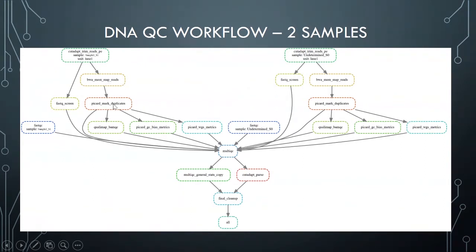And then from there, I'm doing some duplicate marking using Picard. And then once I've got the duplicates marked, I'm then passing that along to some BAM-QC, as well as some GC bias and WGS metrics in Picard, and also FastQC for the raw data here. And all this gets piped into MultiQC, which is just a great tool to visualize any type of QC information